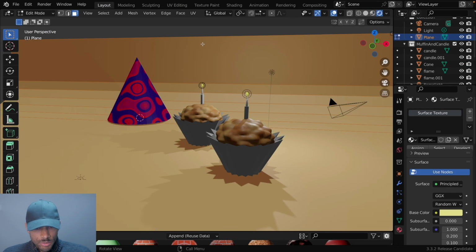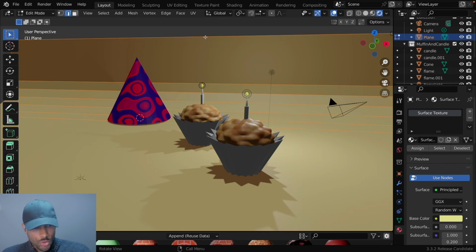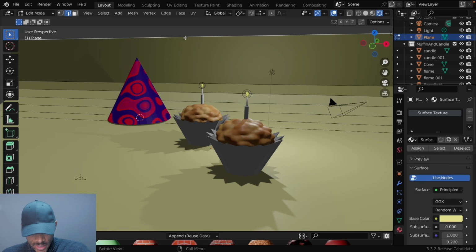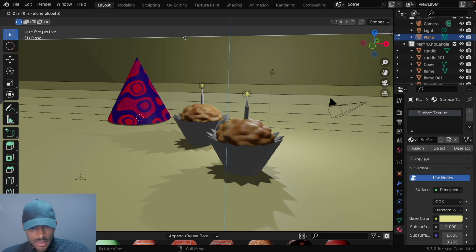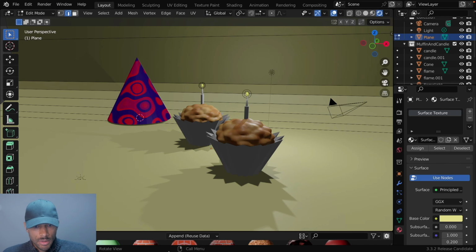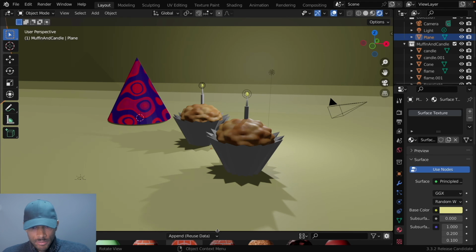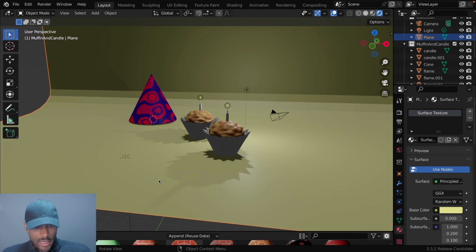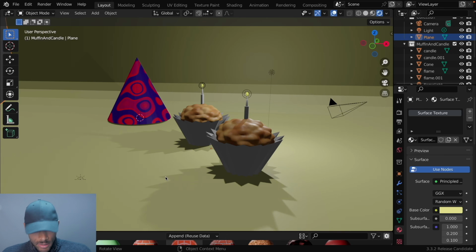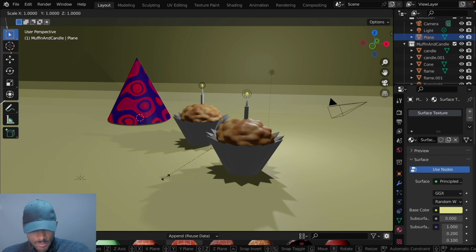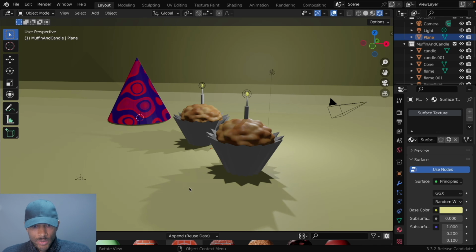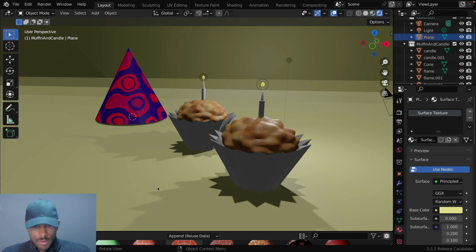What I'm going to do is press Tab, press 2 for edge right here, then select this upper edge, then press E, then Z, and move it up. Then I'm going to press tab. And the plane is still selected. I'm going to press S, then X, and move it in the X direction. Next I'm going to